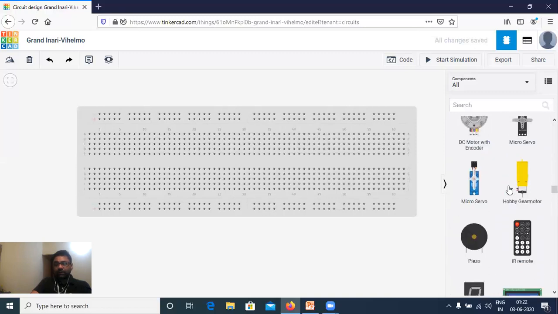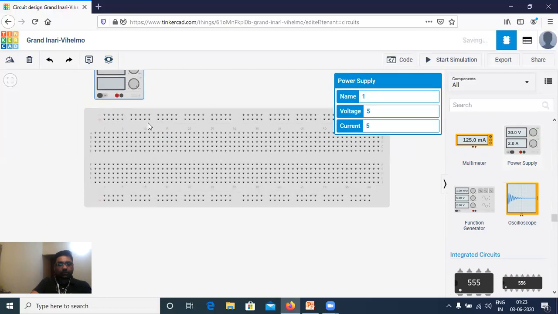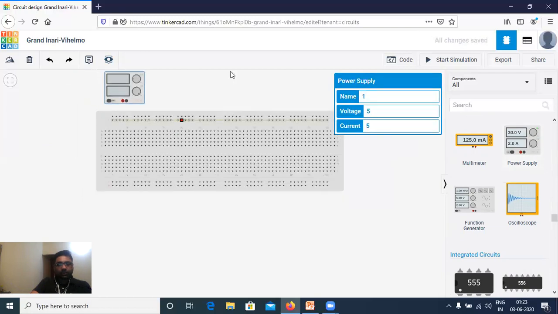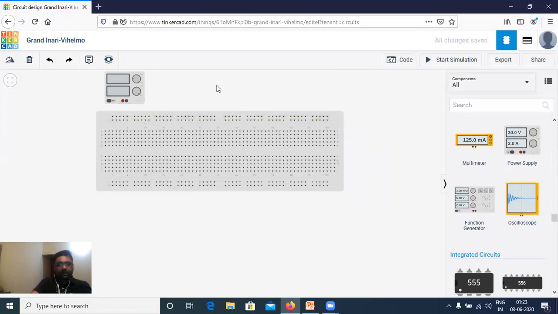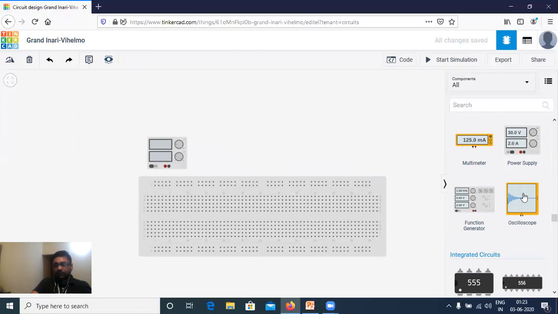So let me quickly navigate to it. Yes, here. I require a power supply, and then I require a function generator. So this is a function generator.